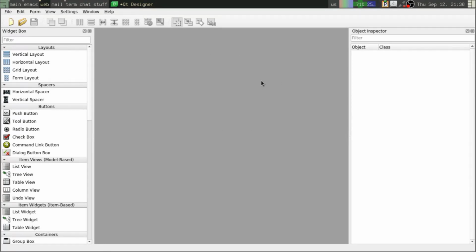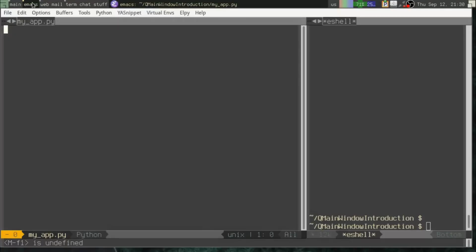That is basically the anatomy of a QMainWindow. CuteDesigner, of course, is written in Qt, not PyQt, but in Qt with C++. And it uses the QMainWindow as its main framework. So today we're going to make our own simple application using QMainWindow, and we're going to see how all those